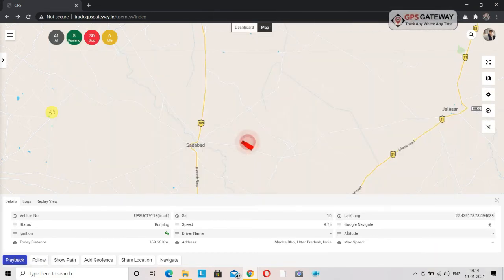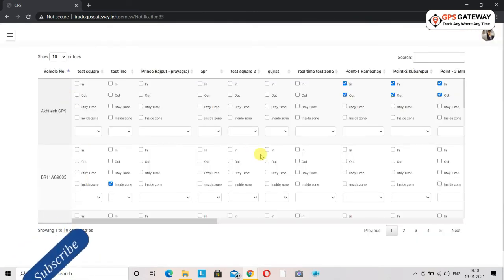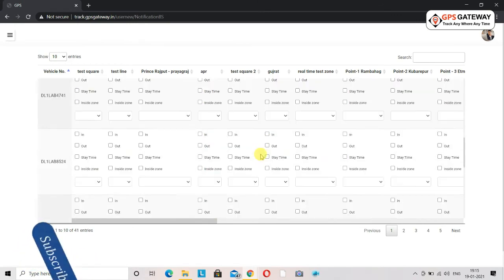Now we will talk about the most important point. Without its understanding, you can certainly draw a geofence, but you will not receive a notification on your mobile. Yes, we are talking about how to activate the notification option. For that, we will visit this notification option and click on it. Upon clicking, a window like this will open on screen and you can see all the vehicles that are associated with your account and the geofencing drawn for them for different locations and areas.